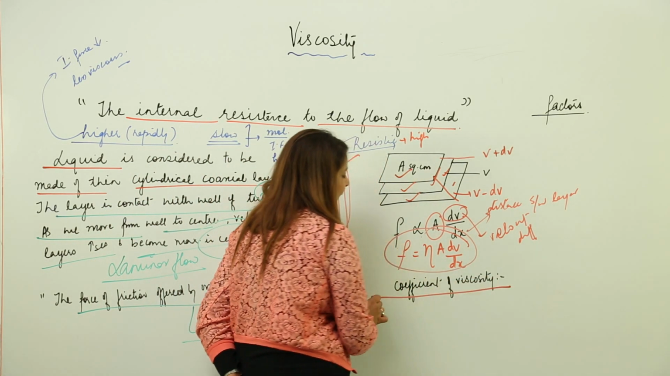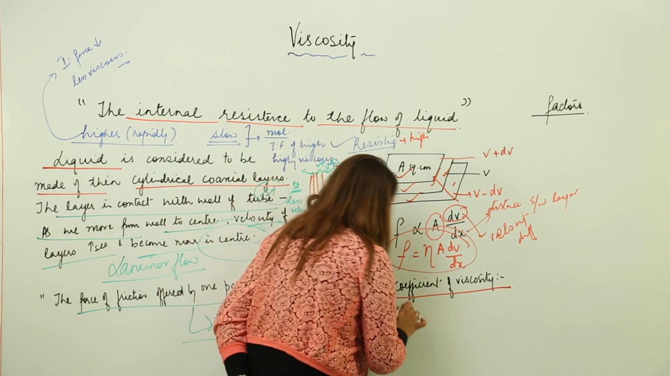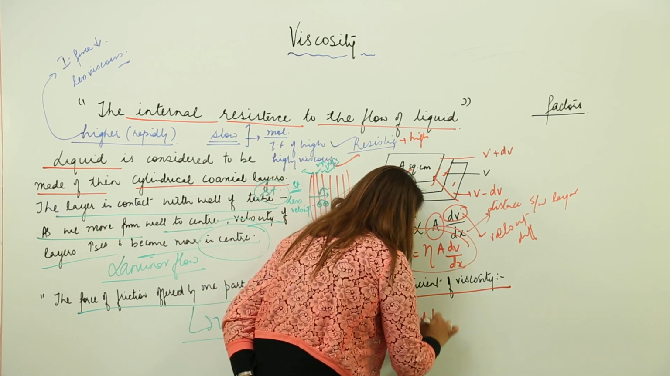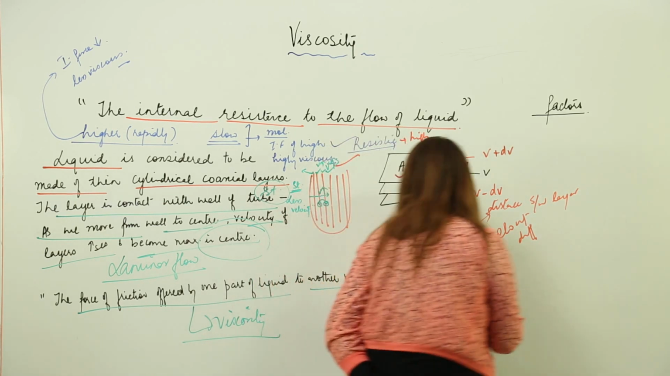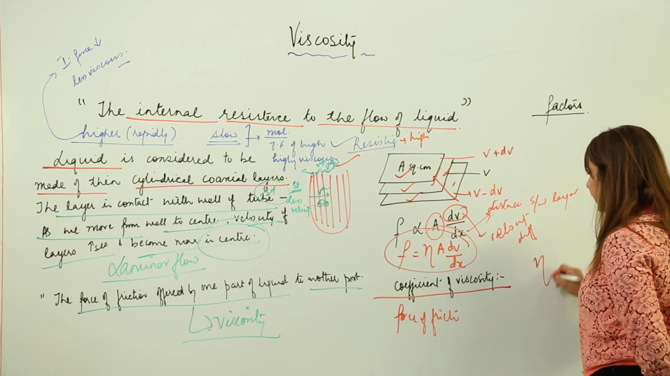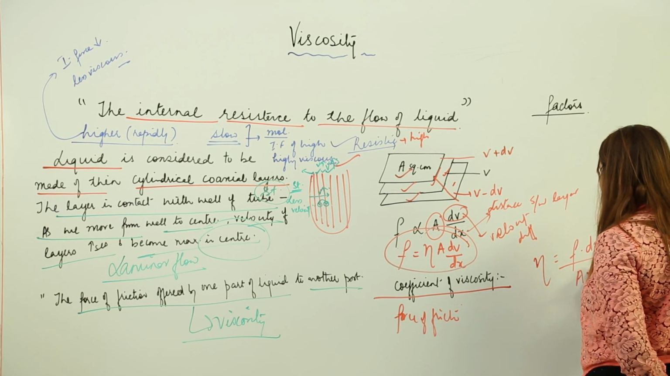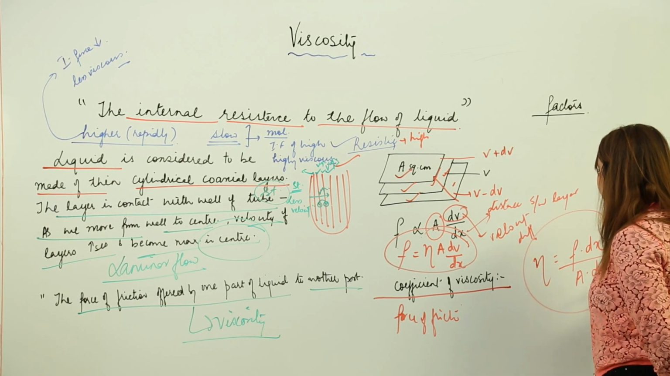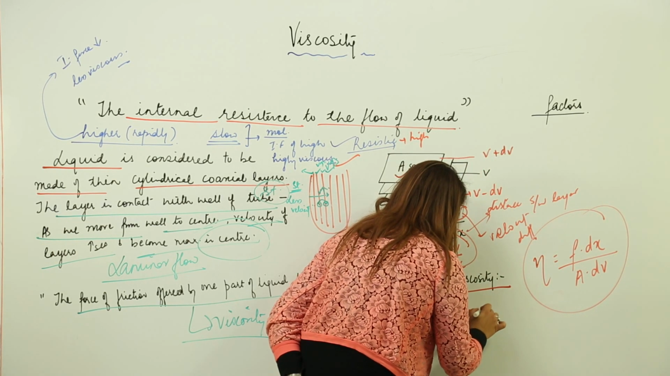How can we define it? We can say that the coefficient of viscosity is actually the force of friction. Like, if you get a formula for this, just write the formula first. It is equal to F into dx upon A into dV. So we can actually define it. It is the force of friction which is required